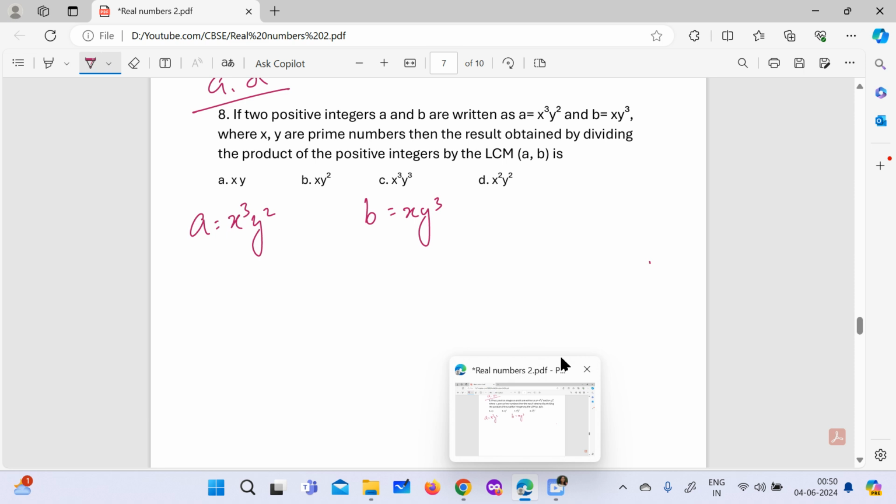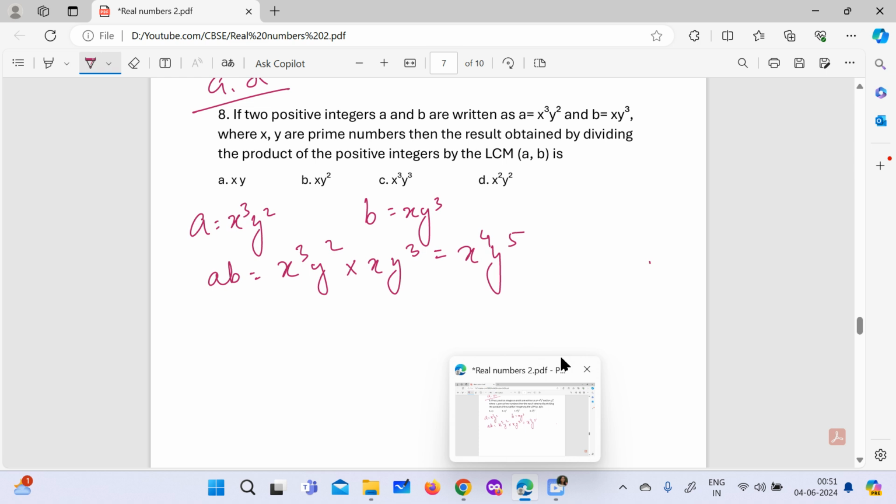How to work on this. First we will find the product of the positive integers. So ab equals x to the power of 3, y squared times x y cubed, and that will give you x to the power of 4, y to the power of 5. Now it says that